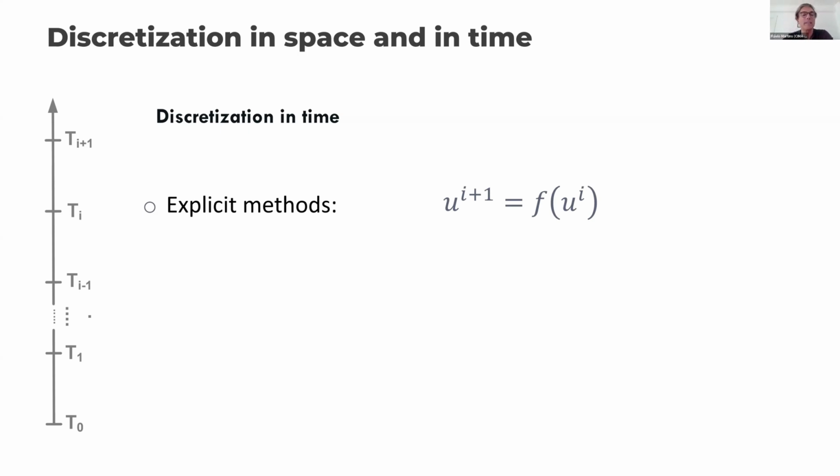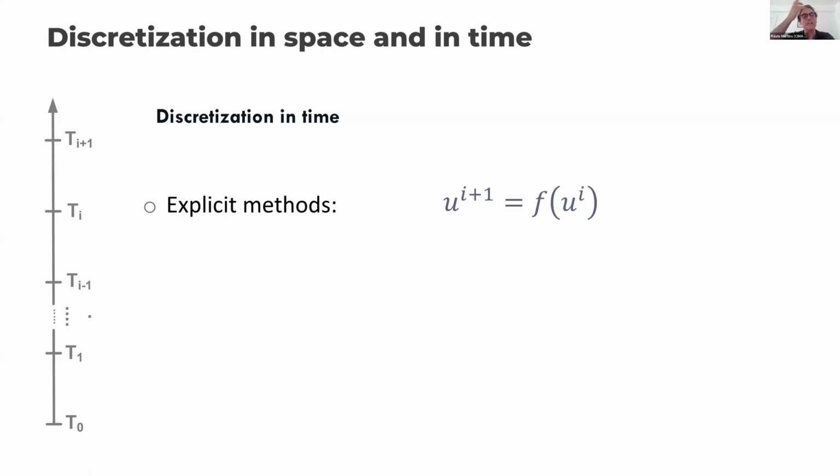Explicit. When it's explicit, what it means is that we are always computing. We are in time zero, and then we compute the values of all the variables in all the grid points in time one. And then when we have it in time one, we go one step further and we compute all the properties in time two, and then in time three, and in time four, and so on.